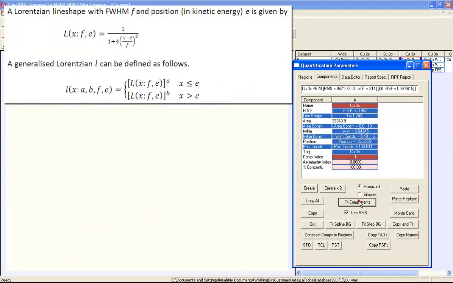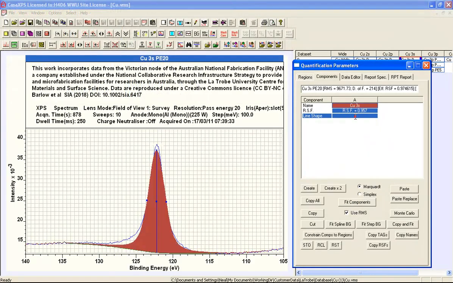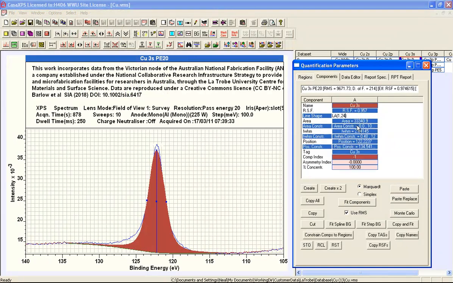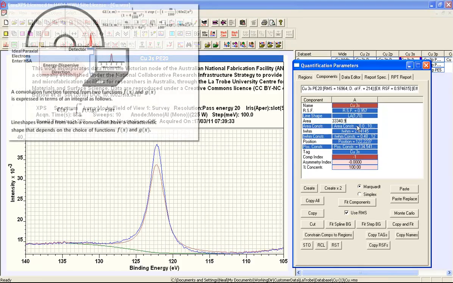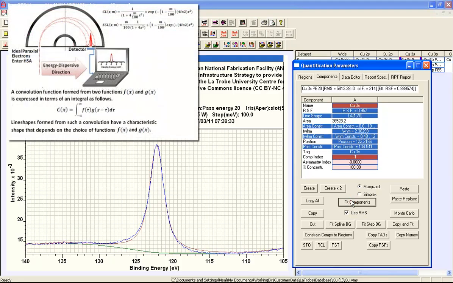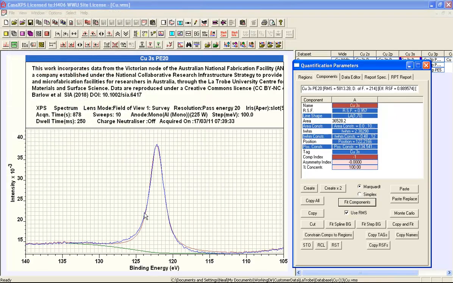1,243. Let's try fitting these to the data, and then reducing the amount of Gaussian broadening. So now let's make that 70, say, and say fit. And looking at these data in terms of the type of shape that we should expect, it may not be identical to what we see in the data set that we're really interested in, but at least it does show that we're looking for a full width half maximum that is somewhere between 2 and 2.5, and that a Lorentzian